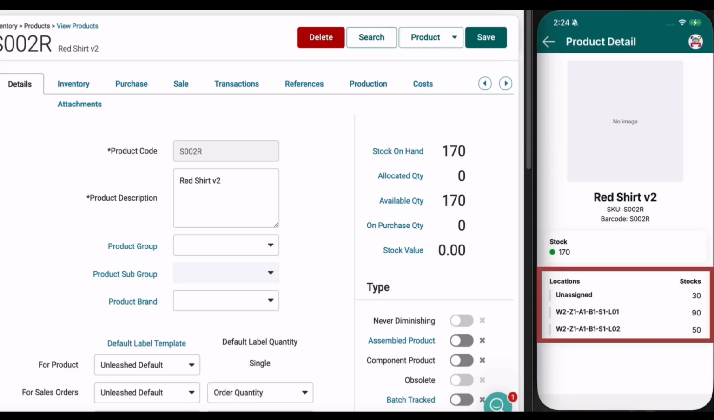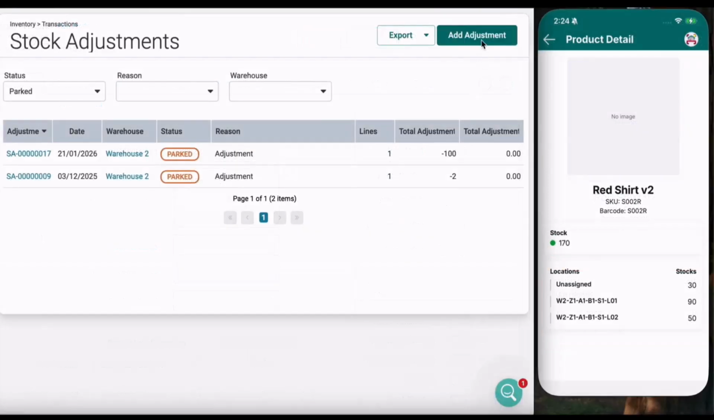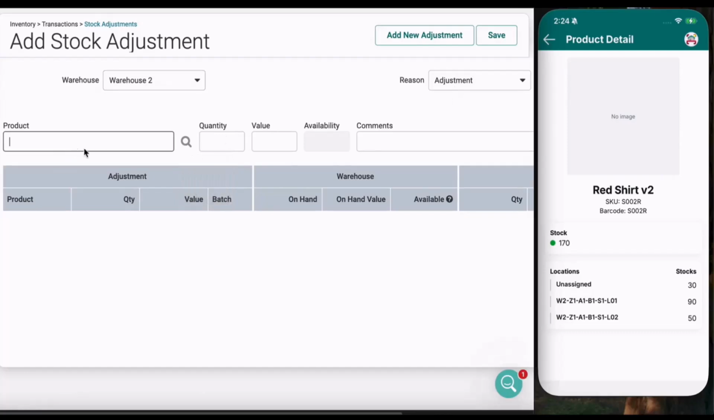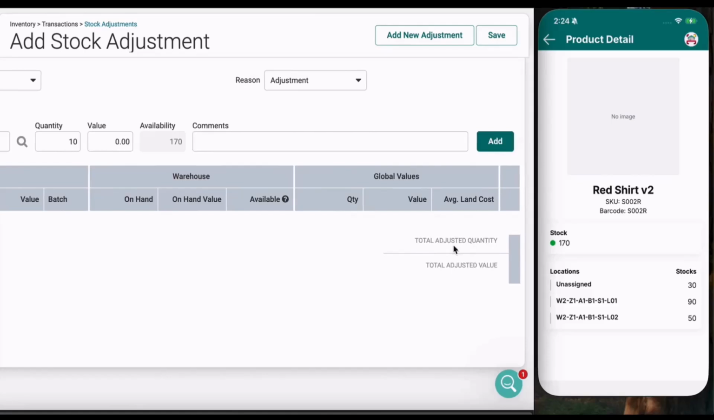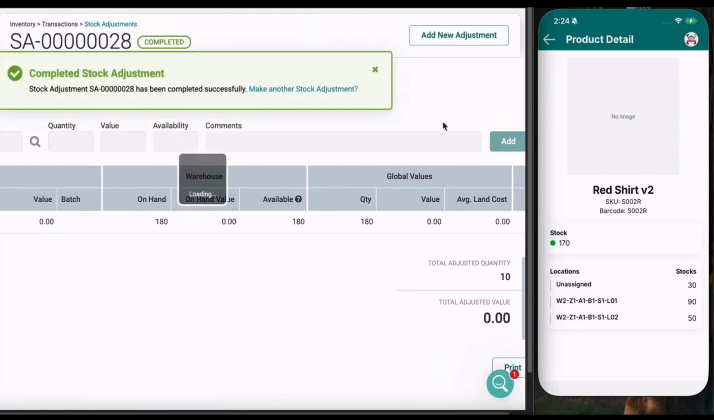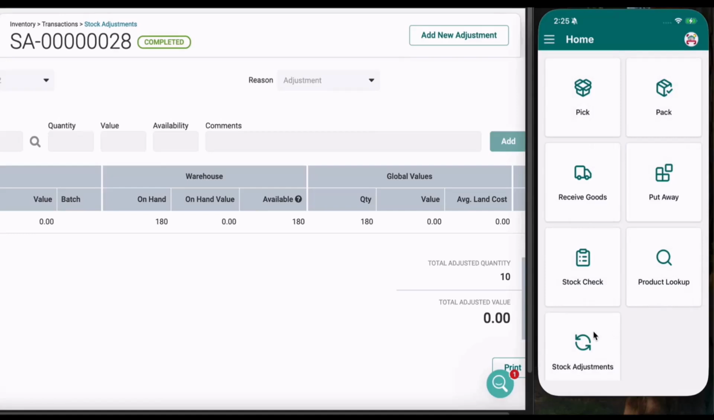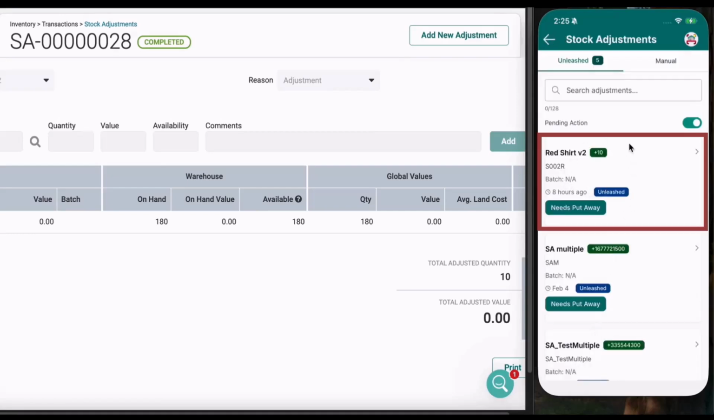Here's our product red shirt. A total of 140 units are across 2 locations, and 30 units are unassigned. In Unleashed, I'm adding a stock adjustment for red shirt. Positive 10 units. To finish the adjustment, I'll click Complete. We'll see this reflected in the app on the Stock Adjustments page, showing that 10 units were added to the